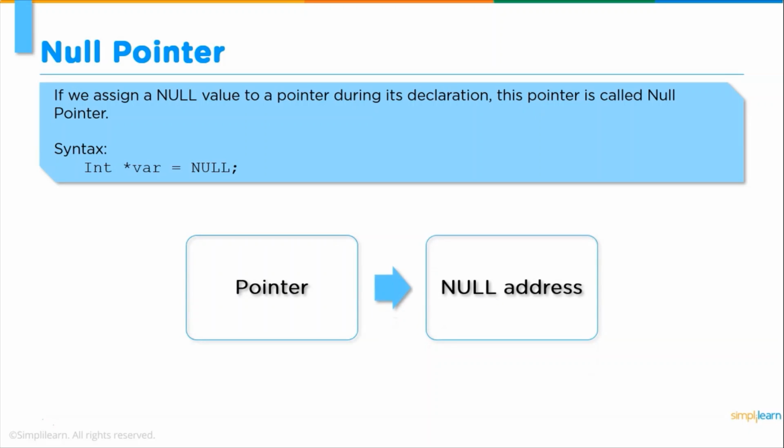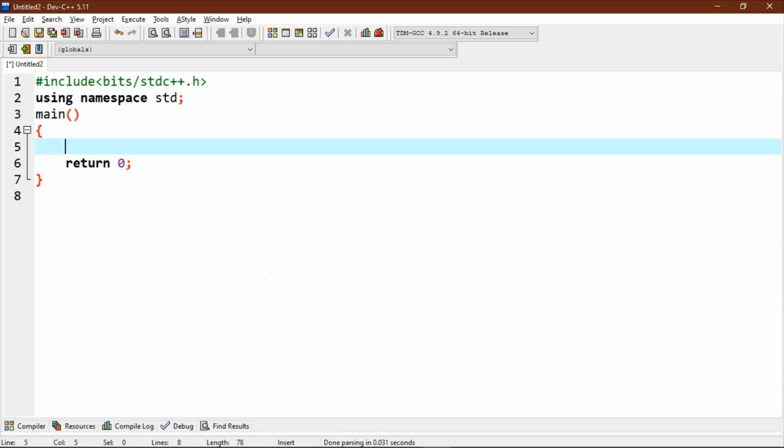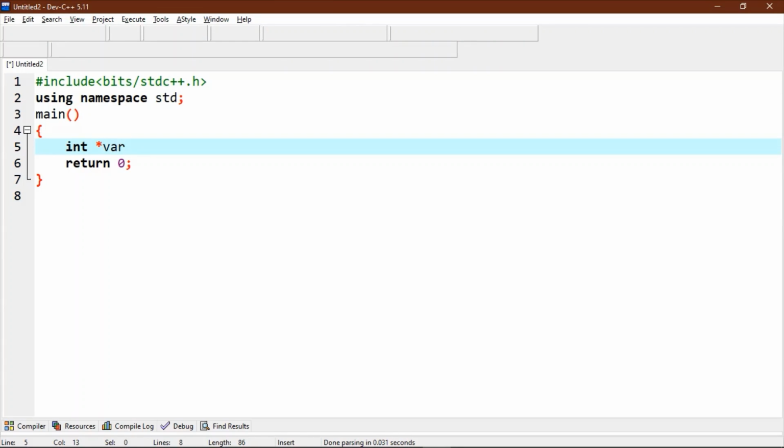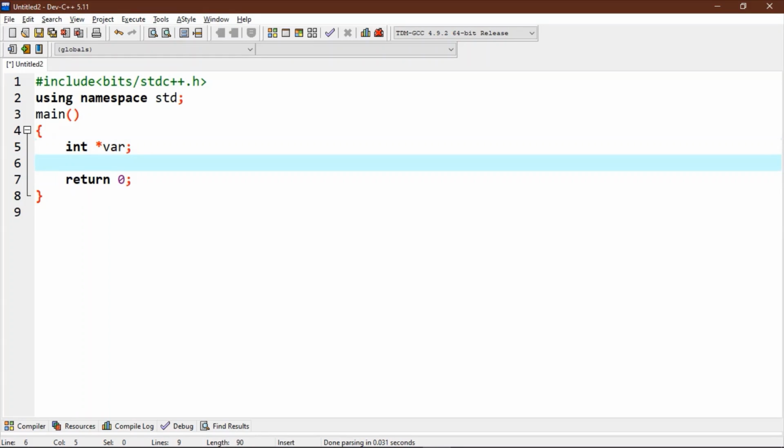To get a better understanding, let's try a simple program in the code editor. Let's write a code. First we will declare a pointer var. Then we will assign its value to null.